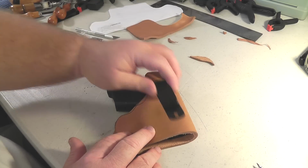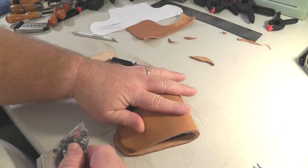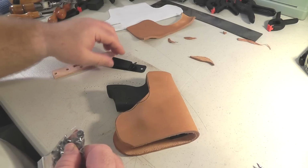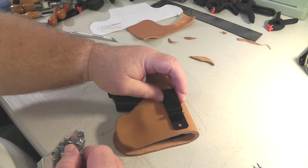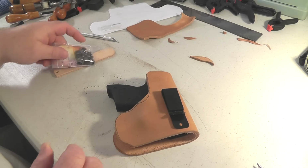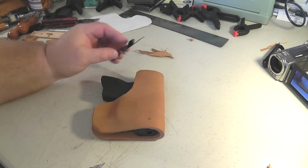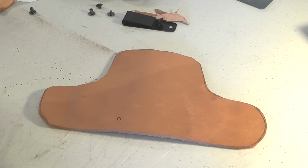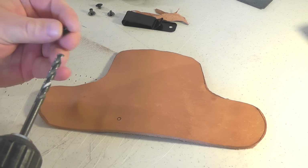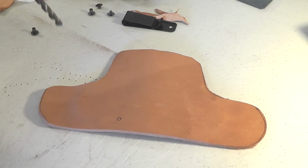Now the reason I want to have this screw post and not a rivet is because if this works out for me as a pocket pistol, I can just take it off. But if I want to carry it inside my waistband, I could use it like that. So I'm just going to mark that hole right there. Okay, now that I've got that hole marked, I just need to drill a hole big enough for that post to pass through, but not bigger than the head, obviously. So I'll just